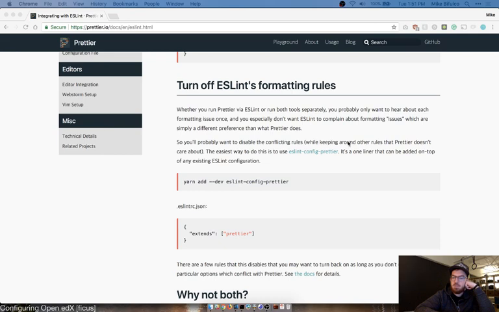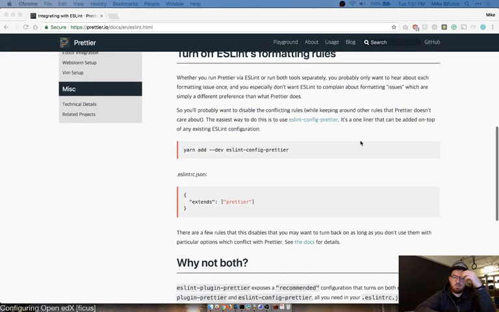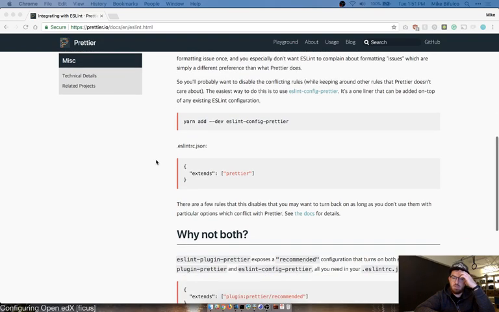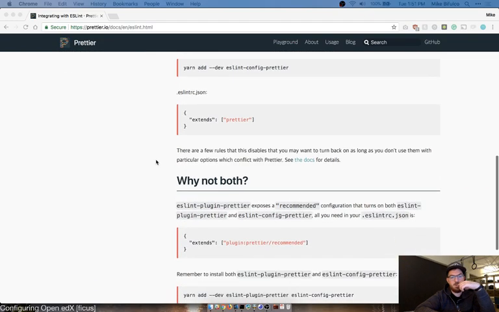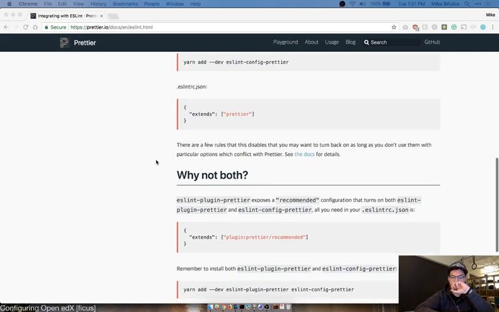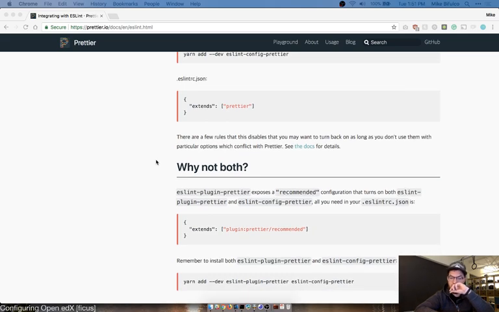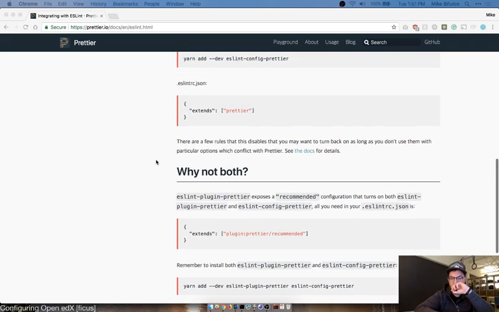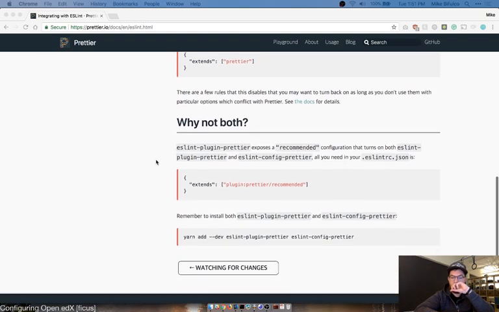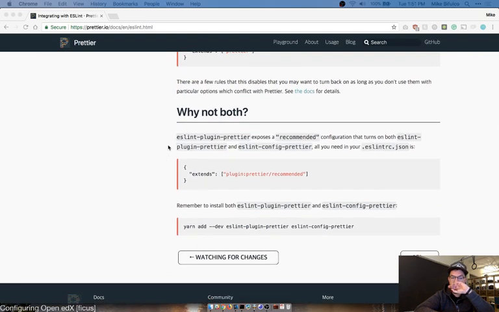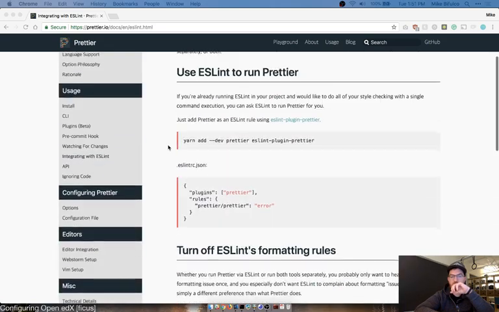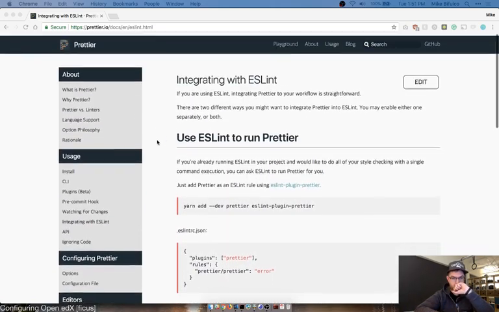Disable conflicting rules. Okay. We'll get there.